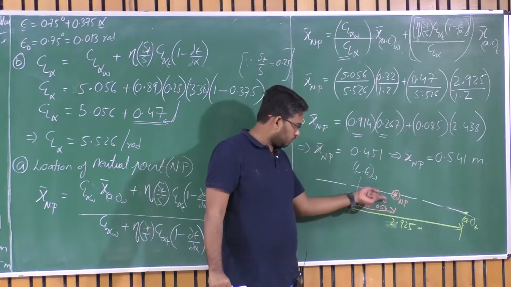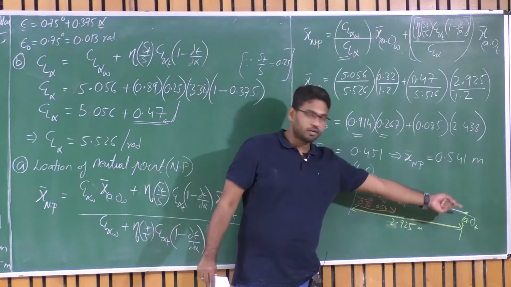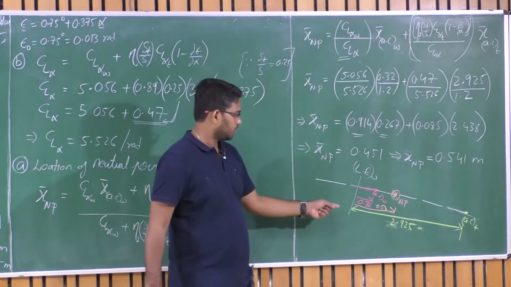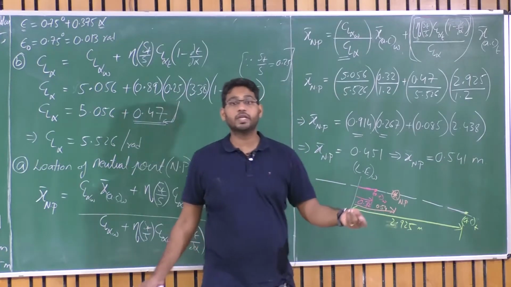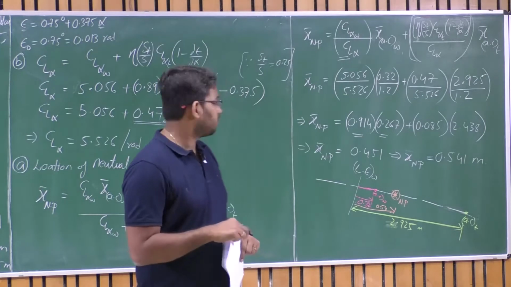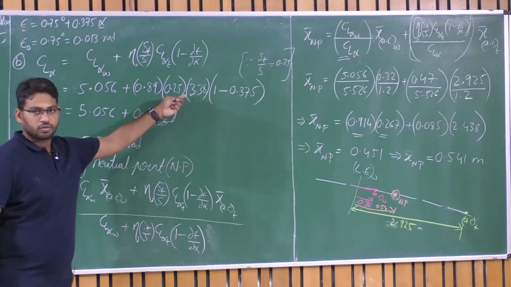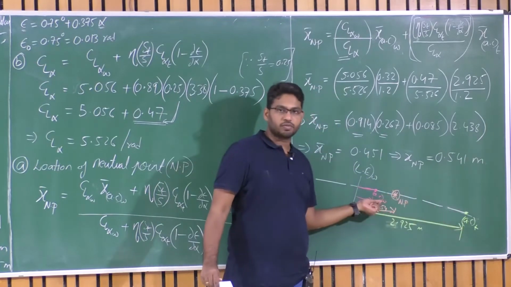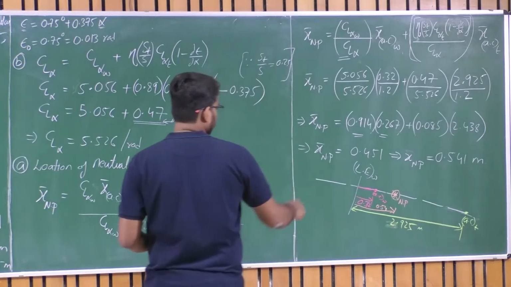And see the strength of the CL alpha of the wing contribution. It is pulling the neutral point towards it. Although the tail has a greater moment arm, about 2.95 meters with respect to the leading edge of the wing, the domination is from the wing contribution, the wing area. S of wing upon S is 1, but S of tail upon S is 0.25, one fourth of it. This is what makes the contribution of CL alpha of the tail very small towards the neutral point comparatively. Am I correct? So that is what is happening here.